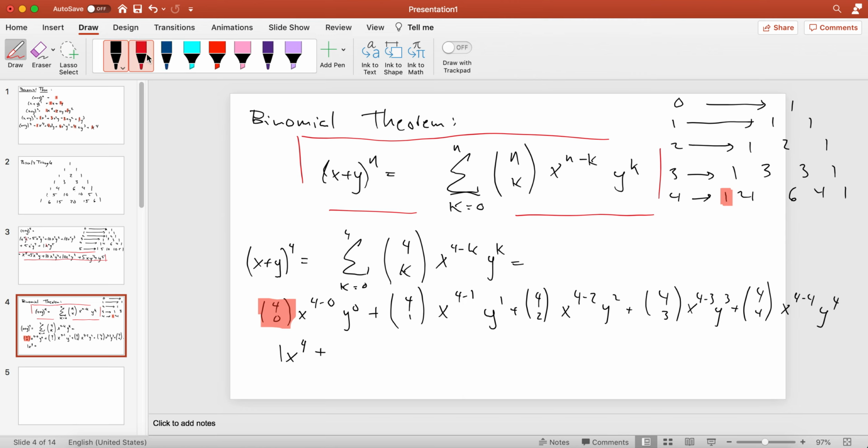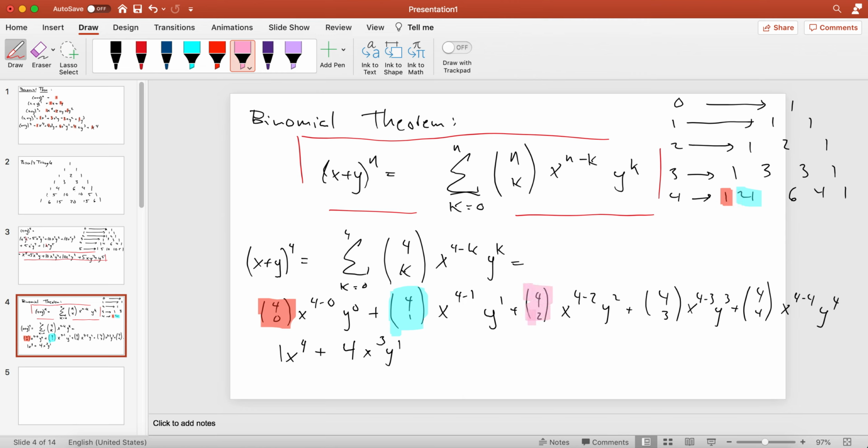And then 4 choose 1. Element number 1 in row 4 is 4. I know it's the second element, but we start counting at 0. So it's 0, 1. So this is 4. x to the 4 minus 1 is 3, y to the 1st. Plus,